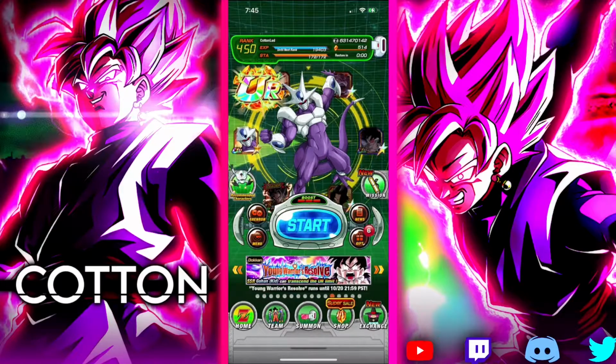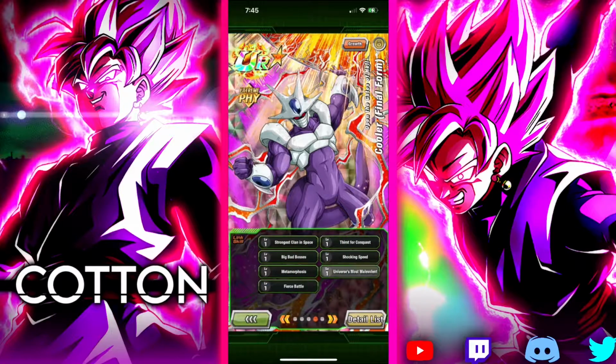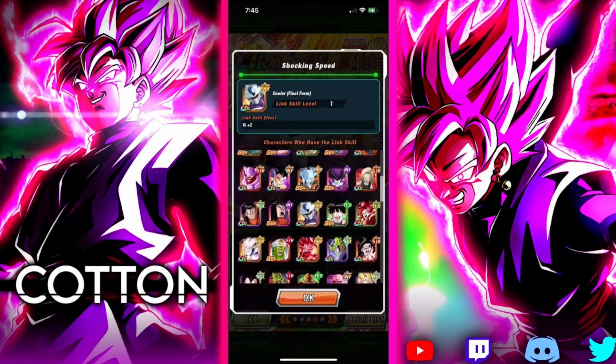Alrighty guys, welcome back for another Dokkan Battle video, and today we're going to be showcasing Physical Easy 8 Cooler at the 55% level. Again, he is the second to last 120% Easy 8. The last unit that we actually need is, if I can find the link, let's try Shocking Speed,